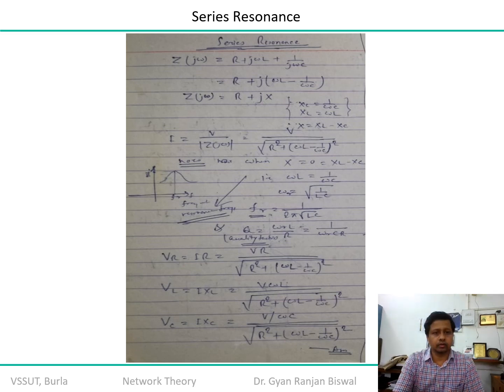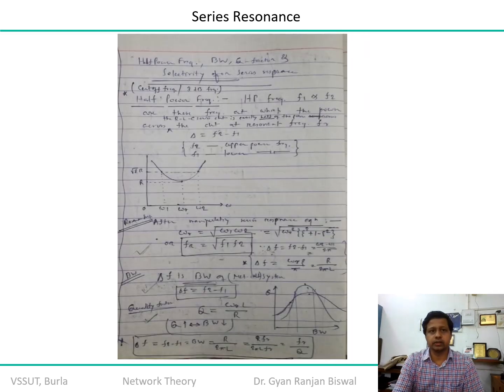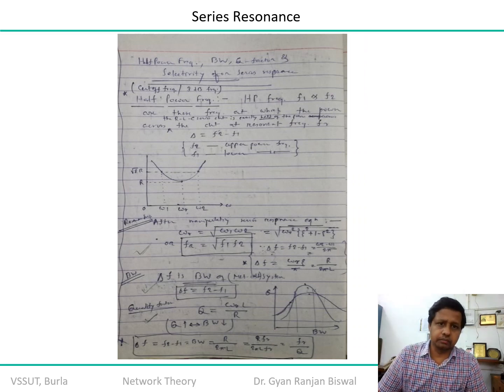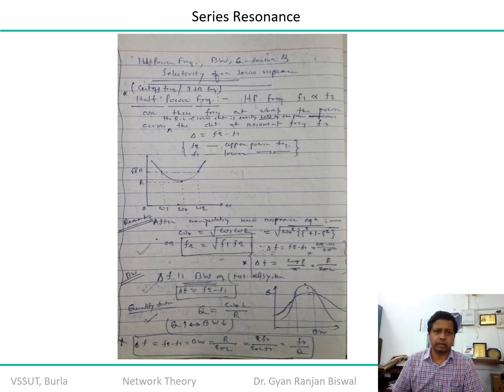Okay, to continue our discussion, some additional terms will come: selectivity, sensitivity, half power frequency. Half power frequency means the point where you are getting half power, where you will get the plus minus 3 dB point. In other words, it is also called the cutoff point, because beyond this particular frequency we do not want to attain or retain any information or signal from the incoming wave. And that's why it is sometimes called the half power frequency.